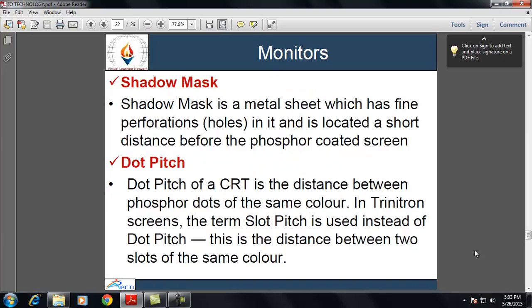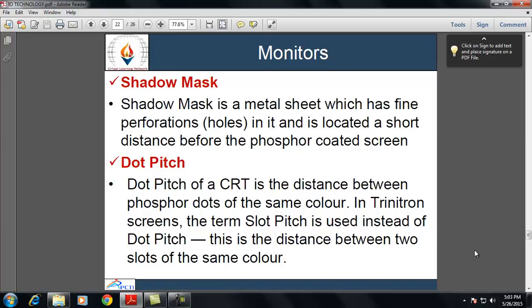There are various terminologies or various components that work with the monitors, that is the shadow mask. It is a metal sheet which has fine perforations, or you can say holes in it, and is located a short distance before the phosphor coated screen.